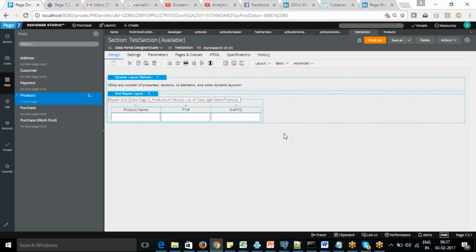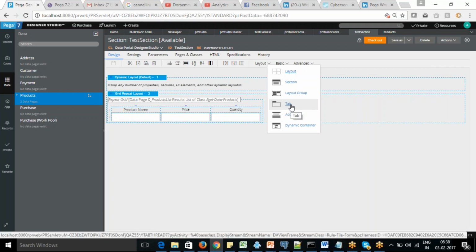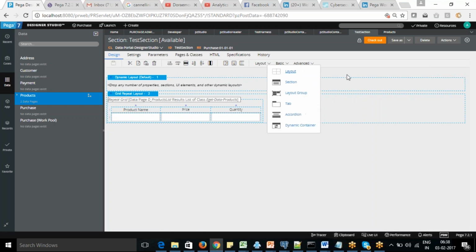And this is the repeat grid layout. Okay, and if you want to convert into a tab, that also we are able to achieve. But in the tab there should be some limited options. So if you have 2 or 3 options, we can go with the tab options. If you have more than that, we should not go for tab view.